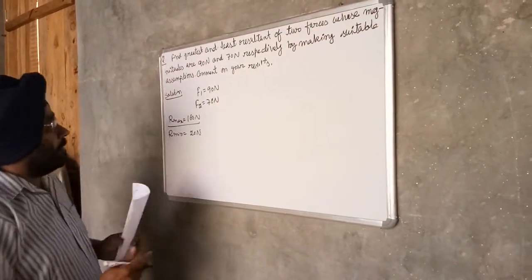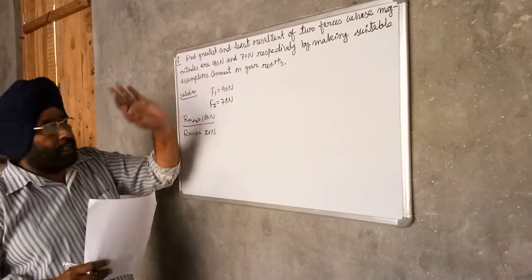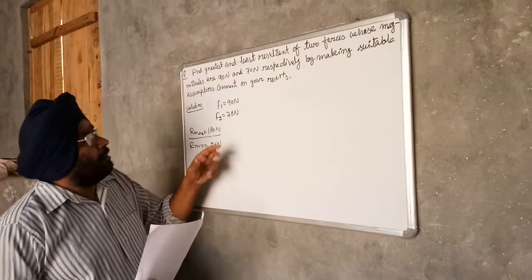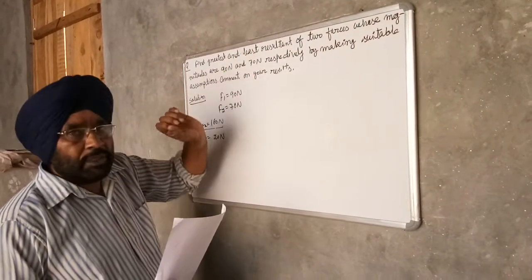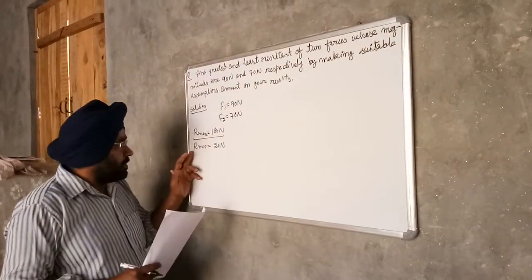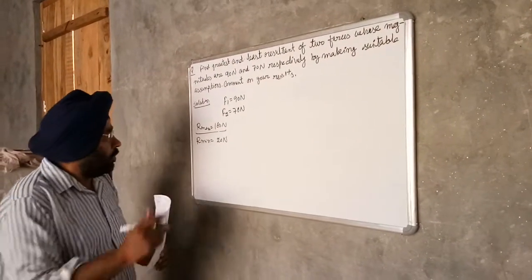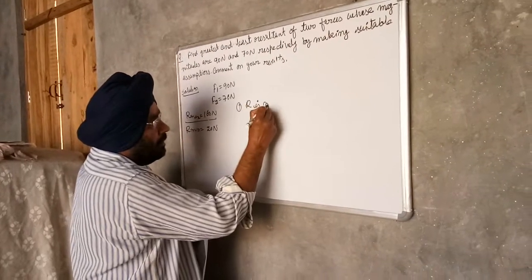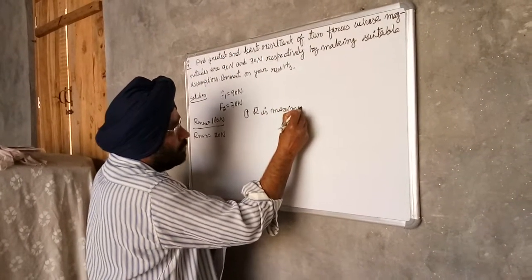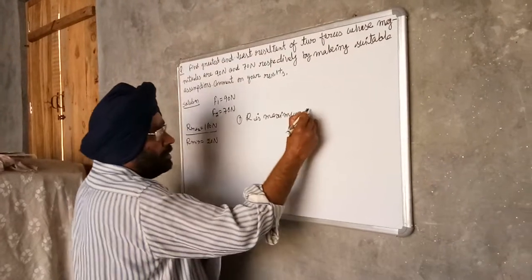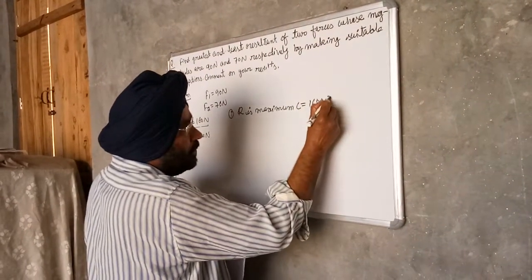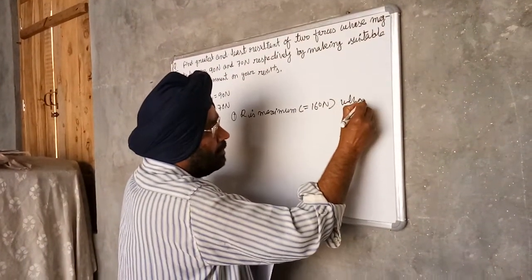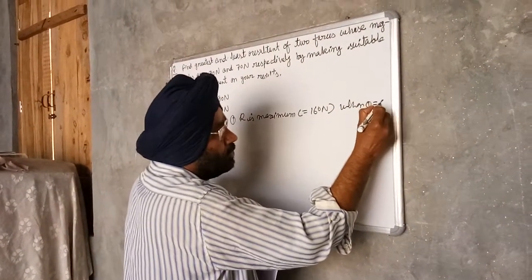So the greatest, meaning the maximum value of the resultant force, has a magnitude of 160 Newton. And the least resultant, meaning the minimum value of the resultant force, has a magnitude of 20 Newton. So R is maximum, that is its value is 160 Newton, when theta is equal to 0 degree.